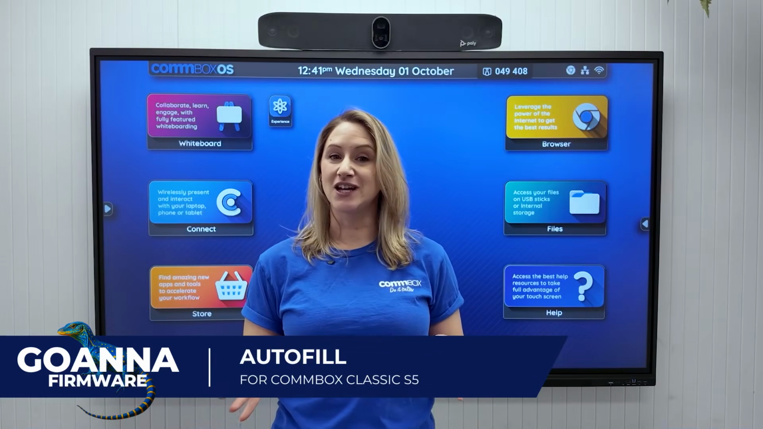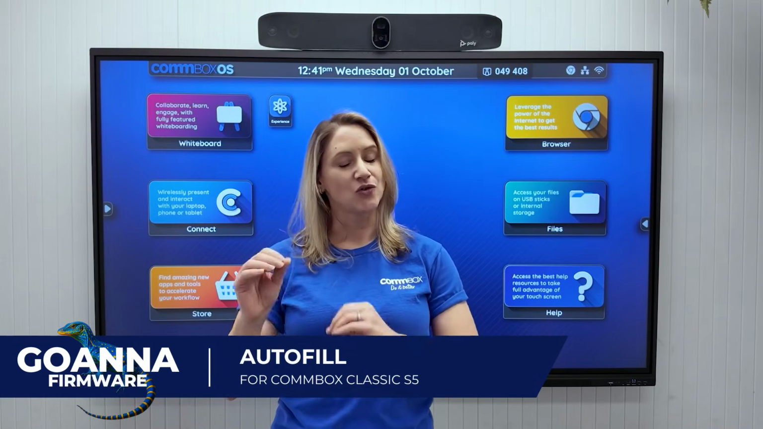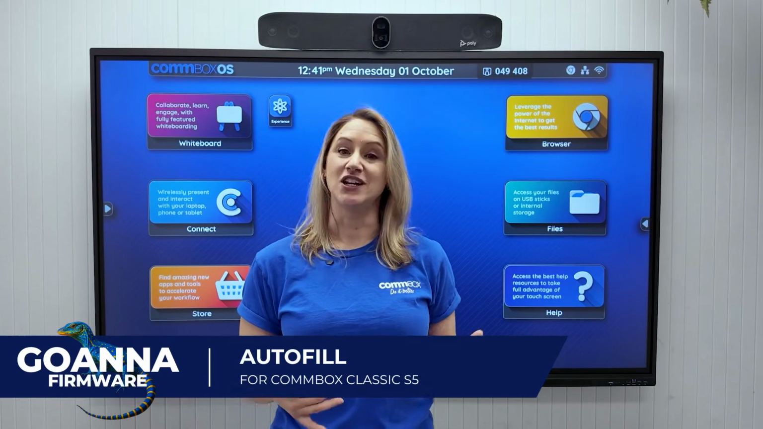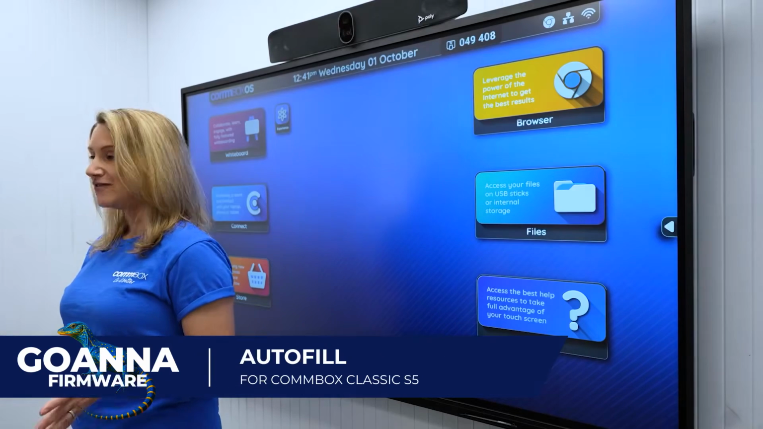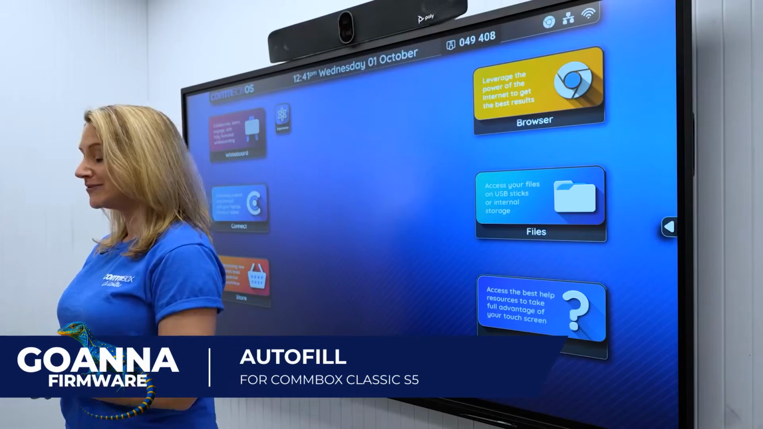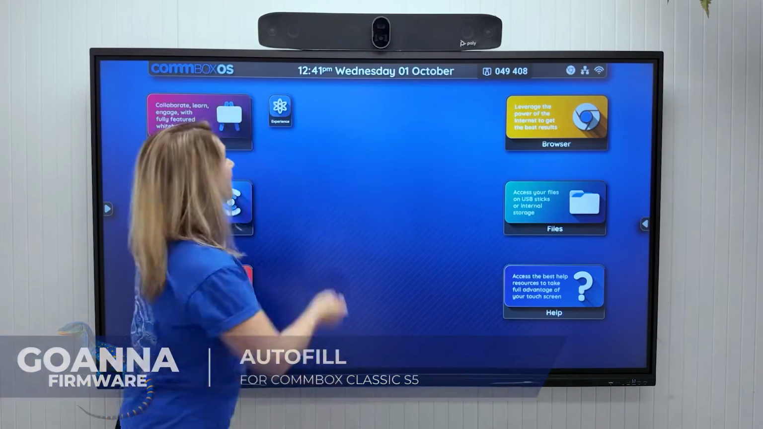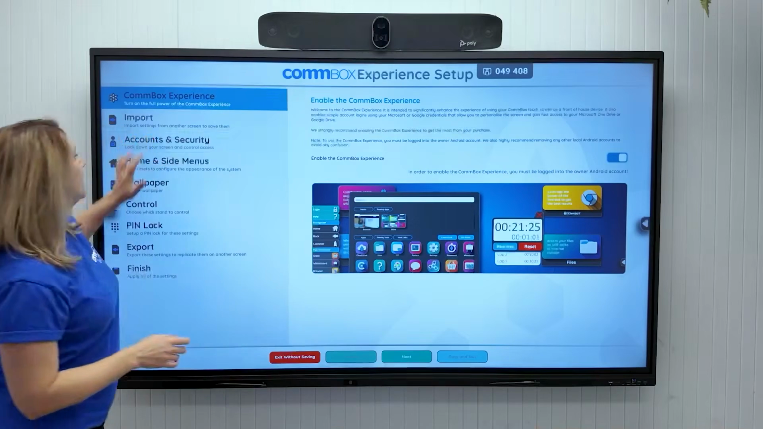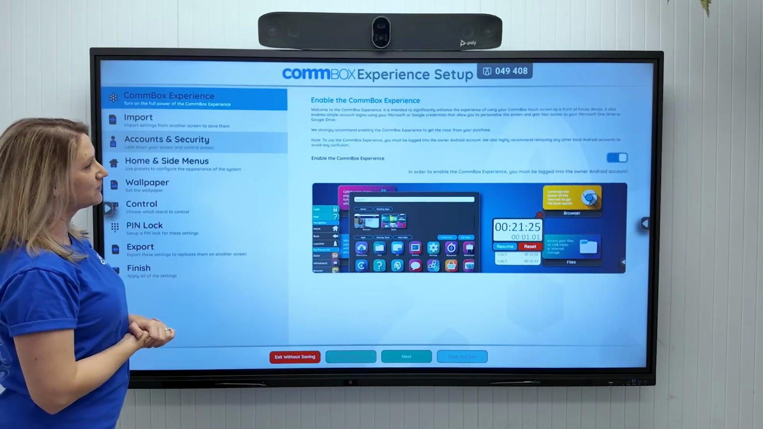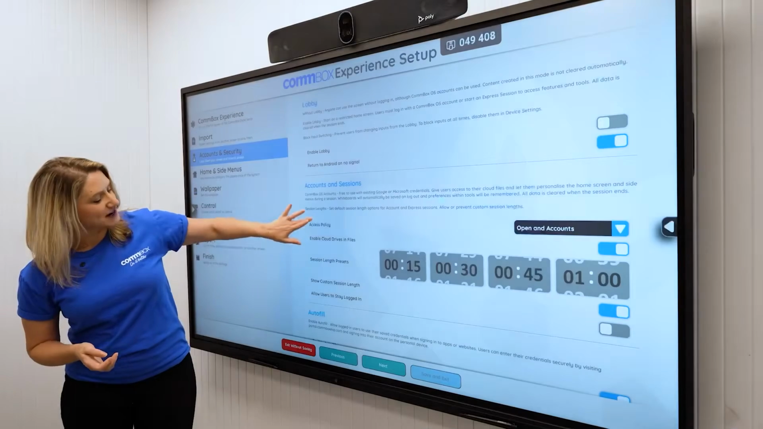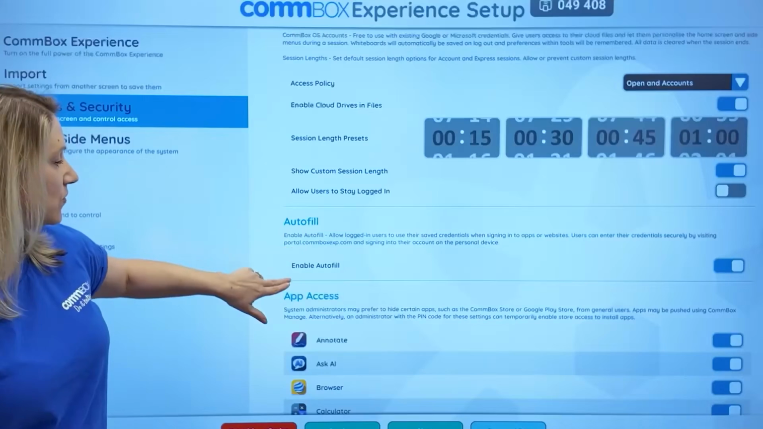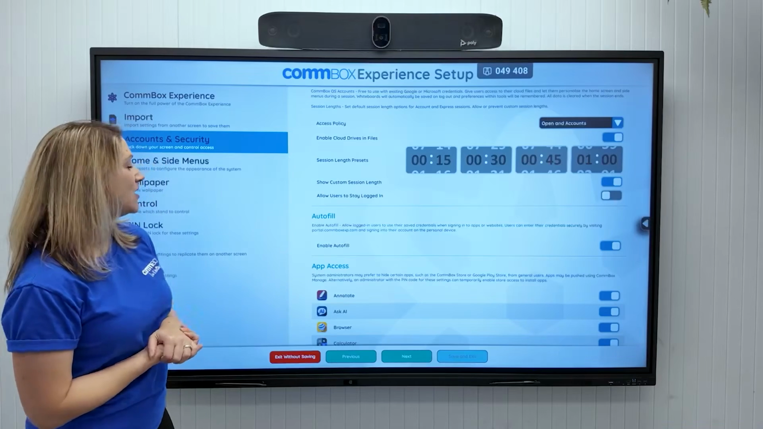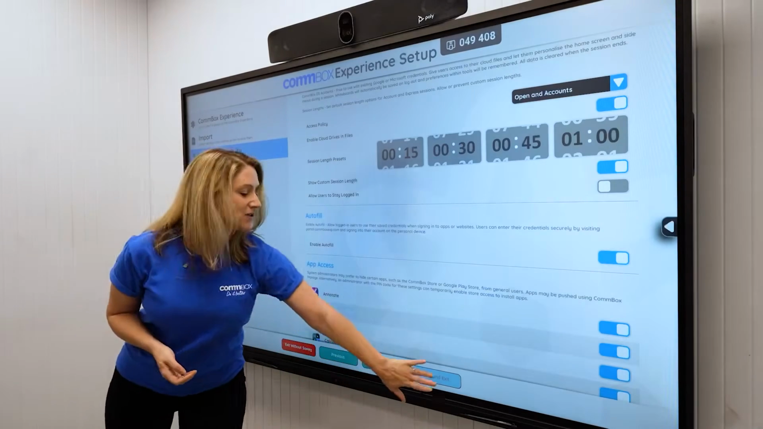Now we have training videos coming your way, so I'm not going to go through all of the steps of AutoFill today. What I am going to show you is using it on the screen. So imagine I've already set up my CommBox Vault. So all I need to do on the screen now is go into the Experience app, tap on Accounts and Security, and scroll down to AutoFill. It was already enabled, but I'm going to leave it as Enable AutoFill there. I would save and exit,